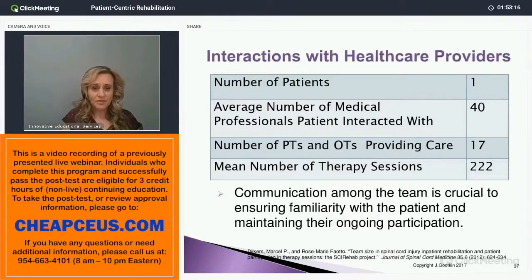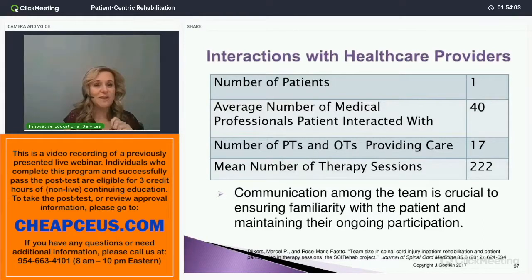They did a study, and this is a little synopsis of a sample patient from this 2012 study. They looked at 1,400 patients who were at the Rehab Institute of Chicago and Mount Sinai Medical Center, which are really well known for the care for this population. And in that 2-month stay, the average patient saw 40 clinicians, 40 medical professionals, 17 different PT and OT clinicians, 222 treatments. Imagine trying to maintain a collaborative relationship and agreement on goals, unrealistic, realistic, looking towards the future for this population that has a lot to